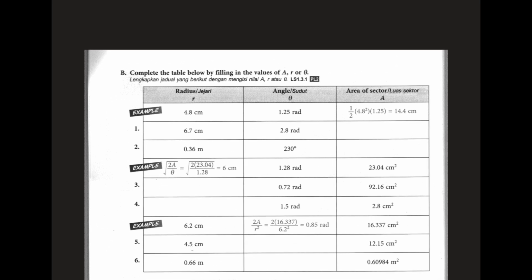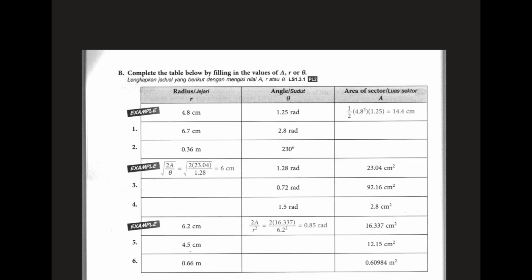Okay, now for part B, complete the table below by filling in the values of A, R, or theta. So let's write down the formula here first so that it is more convenient for us. A equals half r squared theta. So you can rearrange it